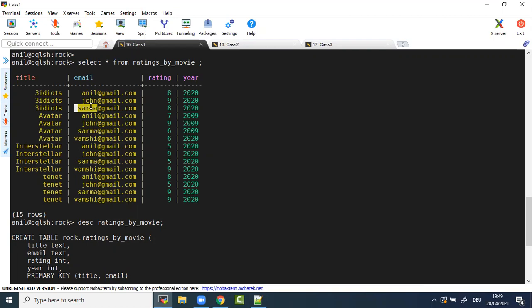Clustering columns also offer some other benefits, like it gives you uniqueness for your primary key, but that's a different story again. But let's understand static columns. That is the main focus of today's video, but this is the basic understanding. Okay, now if you see, ratings and year are like non-primary columns. Now let's get back to the static column and we'll see how it works. Now you got the basic understanding of what is a Cassandra table. Let's jump into the static column now.